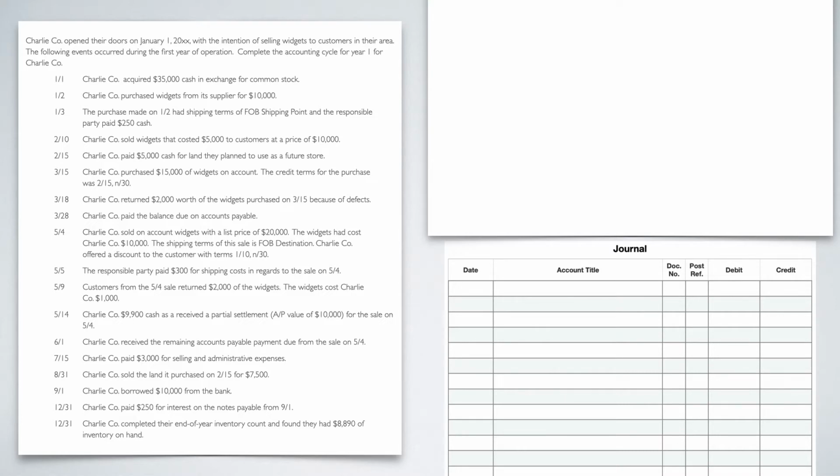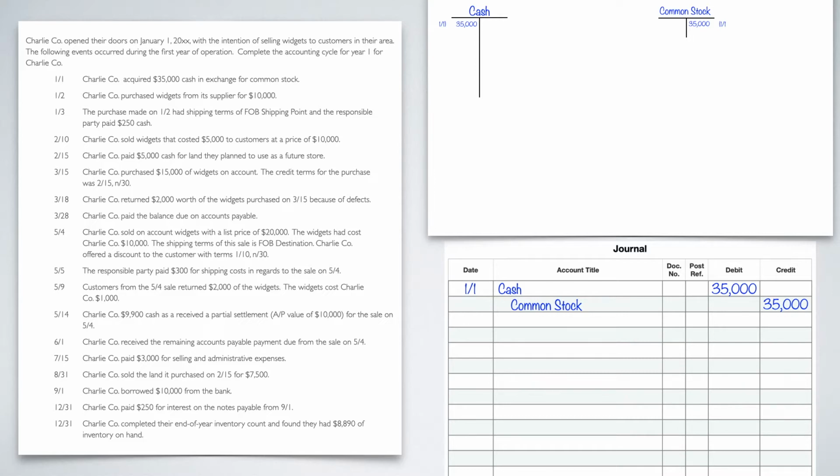We are going to debit cash because we are getting cash. Remember, I like to start with cash. So it's going to be 1-1, cash of 35,000, and we are going to credit common stock. Again, straightforward. We've been doing this one from the very beginning. Also, we need to put that into our T tables. There are our T tables, cash and common stock.